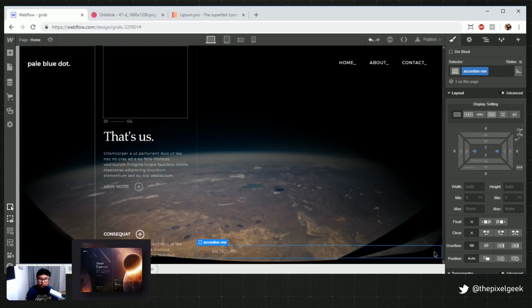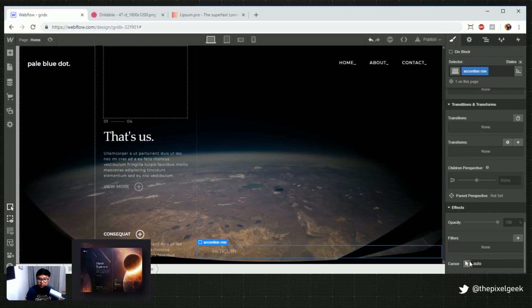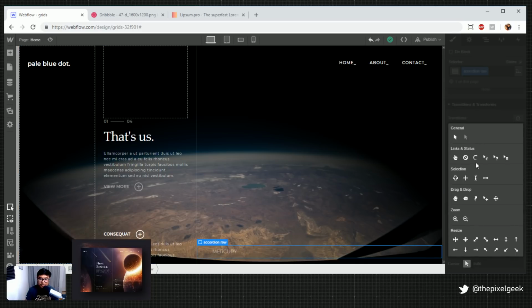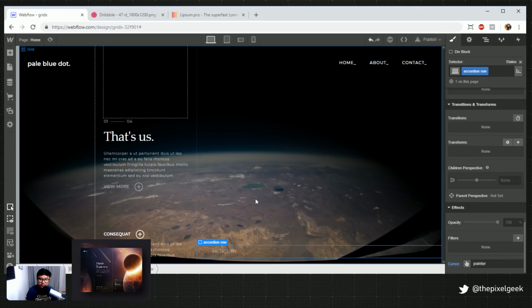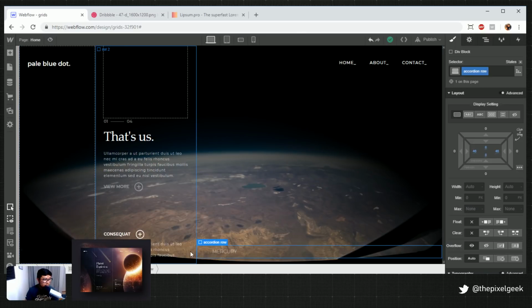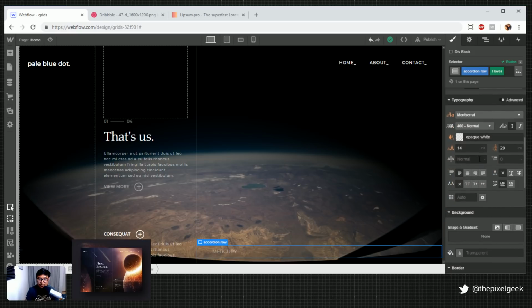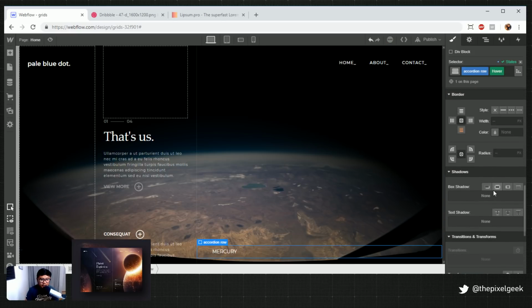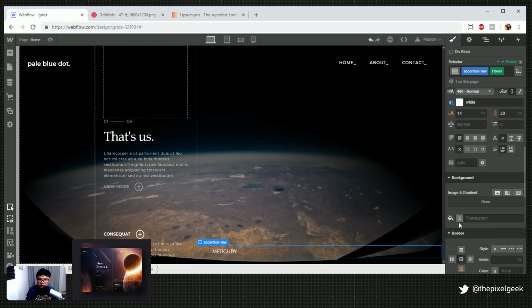Oh, one more thing. For the cursor, this is not a link. It's fake. So I'm going to do that. When I hover over this, it's not a link, but it turns my mouse cursor to a hand. All right, and let's do one more thing. On hover, please make this completely white. And let's add a background too.